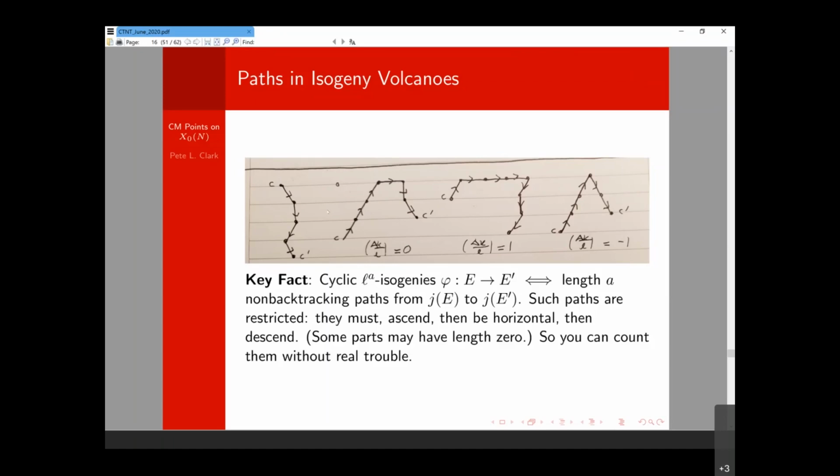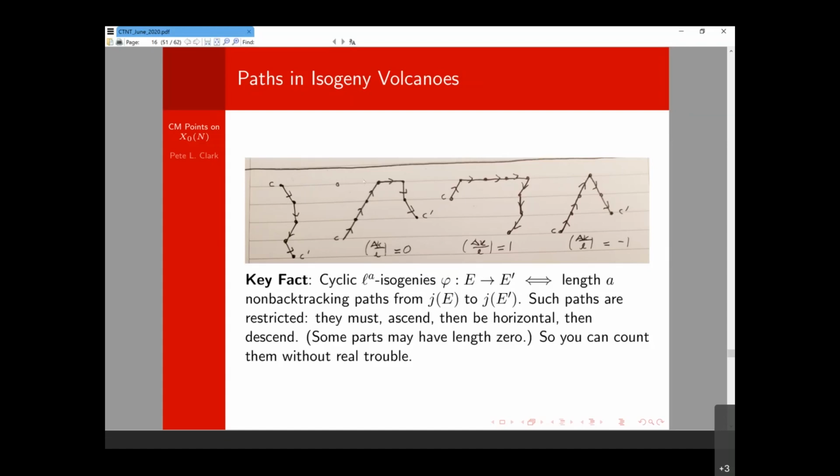Here I'm just impressionistically drawing some paths for you. This is not an exhaustive picture of anything. The length of all these paths isn't even the same, I think, if you check. But it turns out that the paths are restricted. They're allowed to have an initial ascending part, although they need not. This one does not have an initial ascending part. But you can only ascend at the beginning, and then once you're done ascending, if you're at the surface, which you might not be, and if you have surface edges, which you might not have, then you can have a